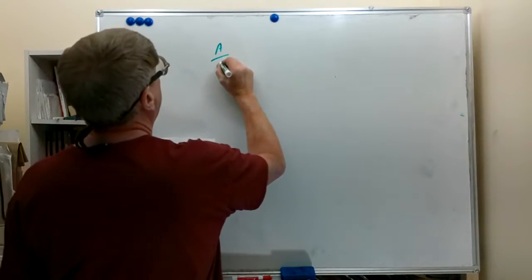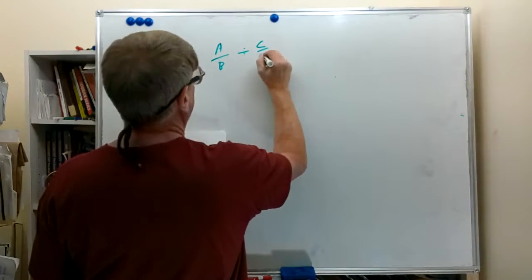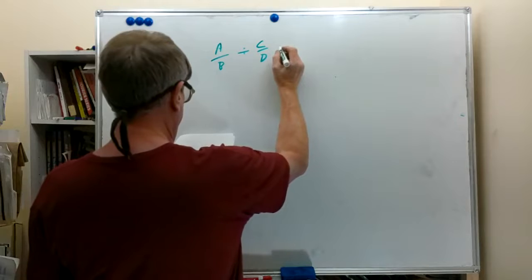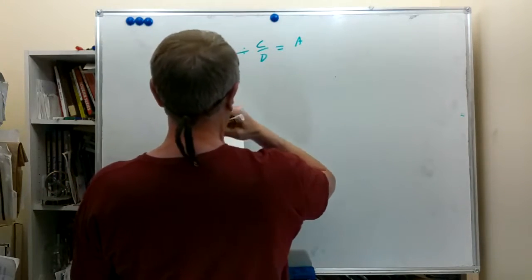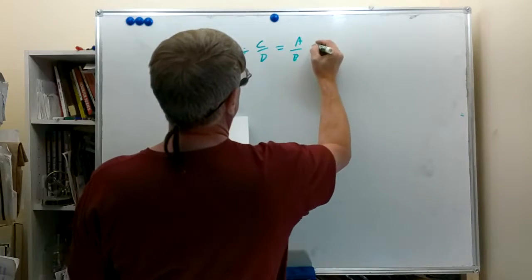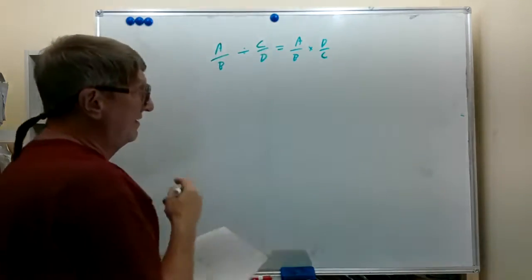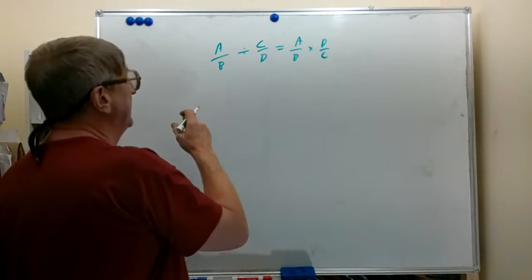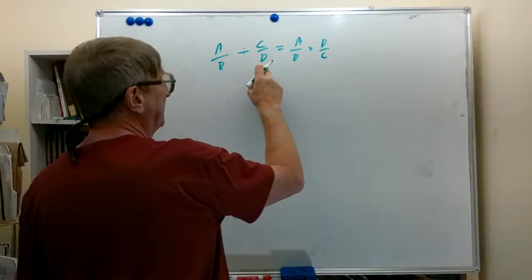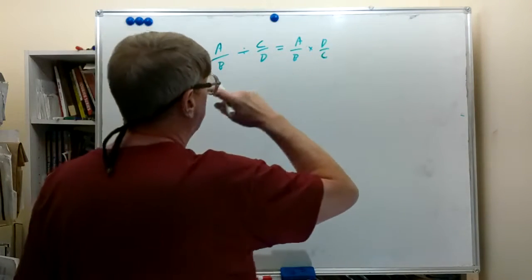A over B divided by C over D is equal to A over B times D over C. You've probably heard that to divide fractions, you invert and multiply. What we've done is taken the second fraction, which we call the divisor, and inverted it to get the